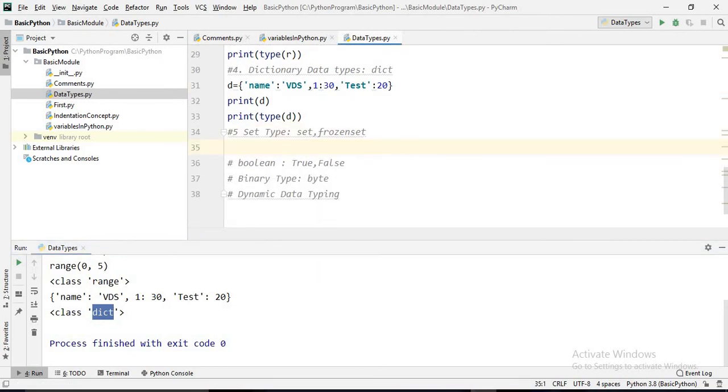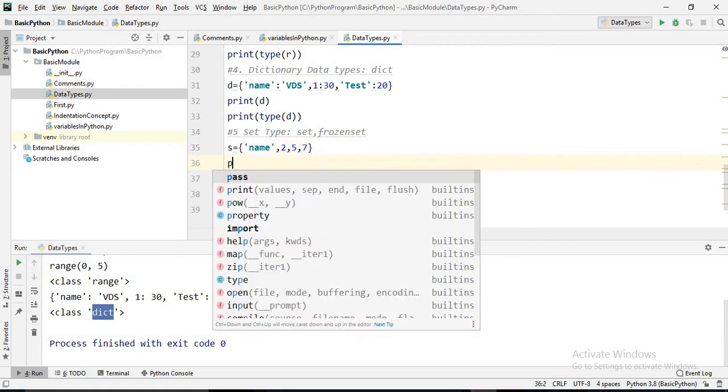Now the next one is set and frozenset. For the representation of a set, let's suppose s equals, we use curly braces here, and then assign values like name, 2, 5, 7.